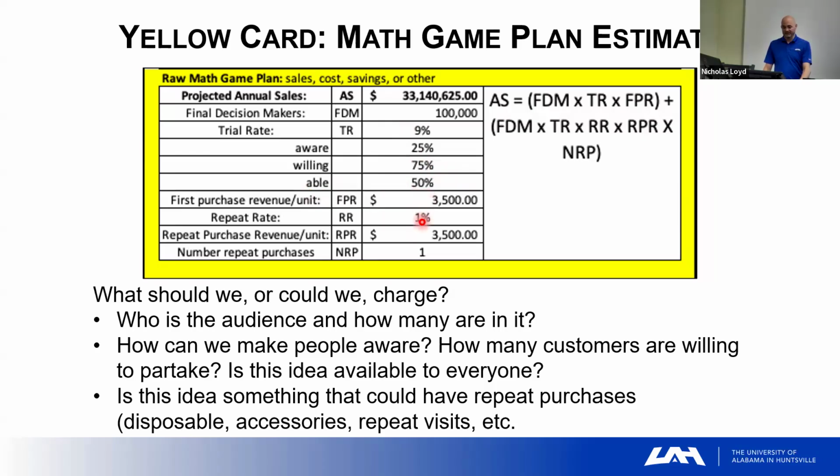Whereas 1% might buy a second one at $3,500, and running those numbers will give me an estimate of first year sales. And then that's just a piece of information. I'm not saying that you need to pick the one that has the most first year sales. That doesn't mean necessarily that it's success. We certainly don't want to have an idea that's losing money. But this is just a way to do some estimated math to give you more information